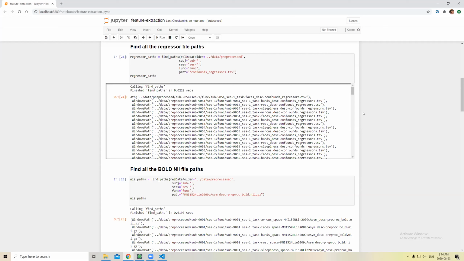The data is actually organized in what is called BIDS data structure, which is brain imaging data structure. Essentially, it's organized across a lot of different files, and all the fMRI and the metadata in different folders. And so one of the main metadata we need to look at is